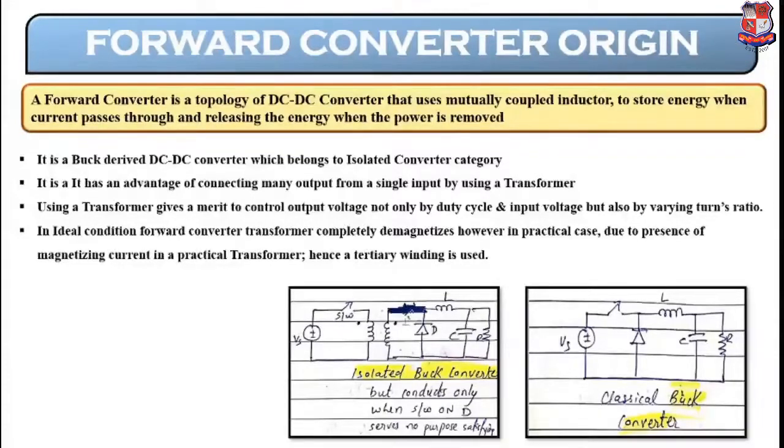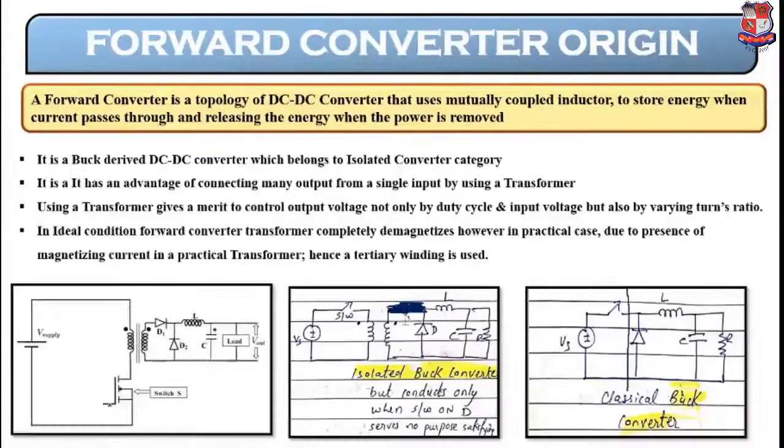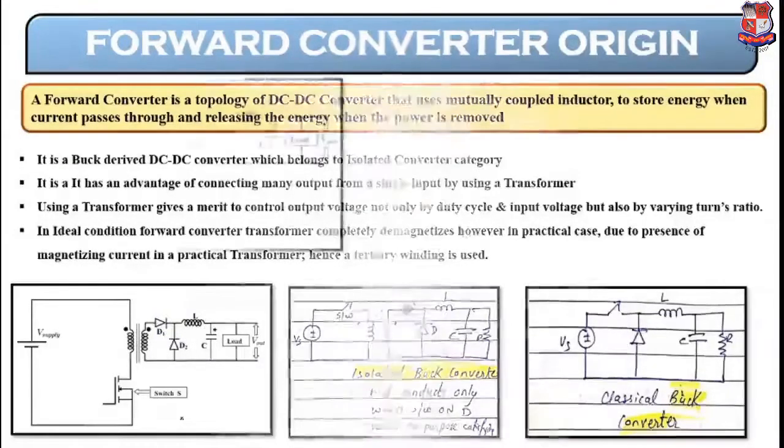Okay, so this is the converter initially. They just separated the input side. This much part is separated through a transformer. Okay, then what is done? Then this extra diode is replaced, and then finally you get the forward converter. So configuration is very simple, straightforward, and the name is also forward converter.